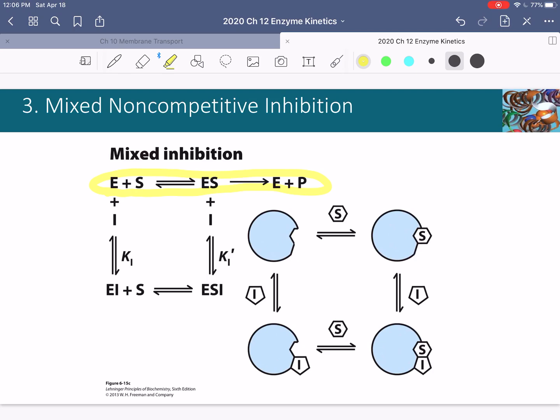What happens in mixed inhibition is the ability for the inhibitor to inactivate the enzyme before it binds the substrate or after it binds the substrate. That's shown in cartoon form over here, where the enzyme can be inhibited without the substrate or with the substrate. That is what makes mixed non-competitive inhibition different from pure non-competitive inhibition: the substrate binding is actually interfered with, and that's why they put the inhibitor not at the substrate binding site, but near the substrate binding site, because it affects Km and Vmax.